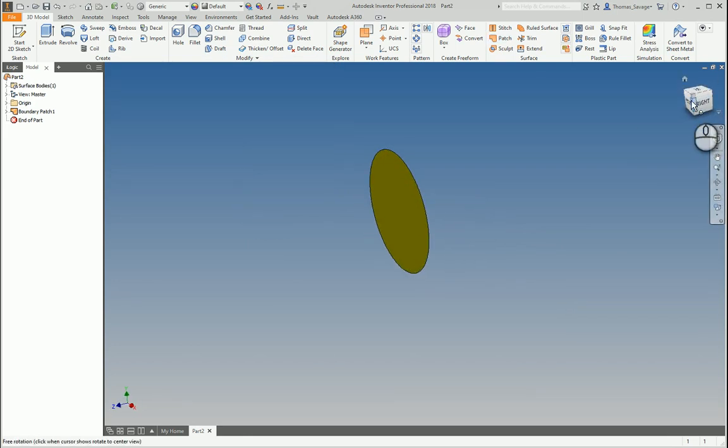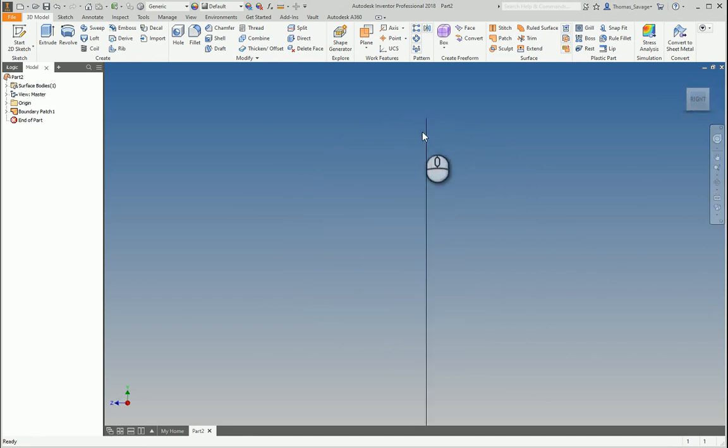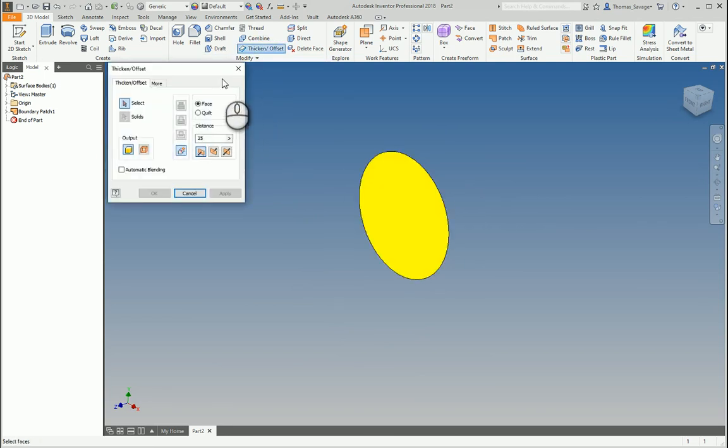thickness. This has 0 thickness. It's just a circle. If I go to the side, it's just a surface. It's got no thickness. That's what it is. Now Thicken Offset, when I select the face, I can then make this surface into a solid,